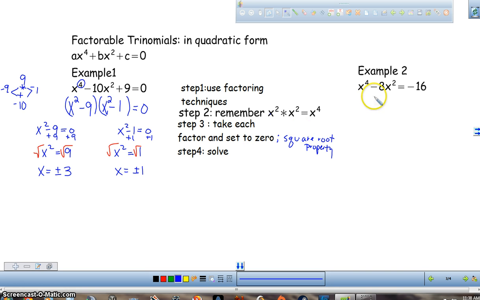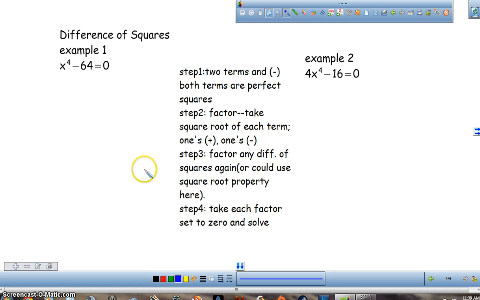All right, look at example 2. In order to do this one, you have to have it set equal to 0 first. So we're going to have to add 16. And then solve. So I'm going to have you do that for your Google form. Okay, and then the last one that we're going to do this time is a difference of squares, which we've